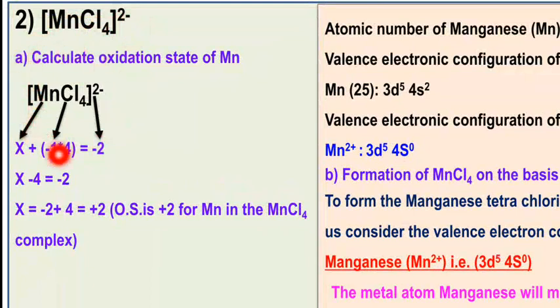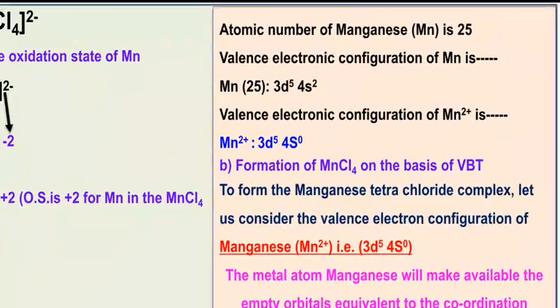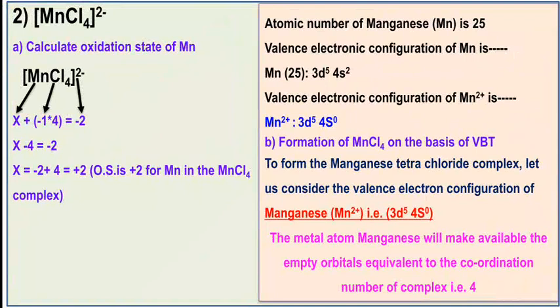So what is our first job? That is to calculate the oxidation state. We have also seen previously in coordination compounds, you can see the videos of coordination compounds, and I have also solved many examples of how to calculate the oxidation state of the central metal atom. So whenever there is a charge on the complex, give the equal sign and write down that charge, whatever it may be, negative or positive. Here a negative charge is present on the complex, that is -2. So give the equal sign and write down that charge.